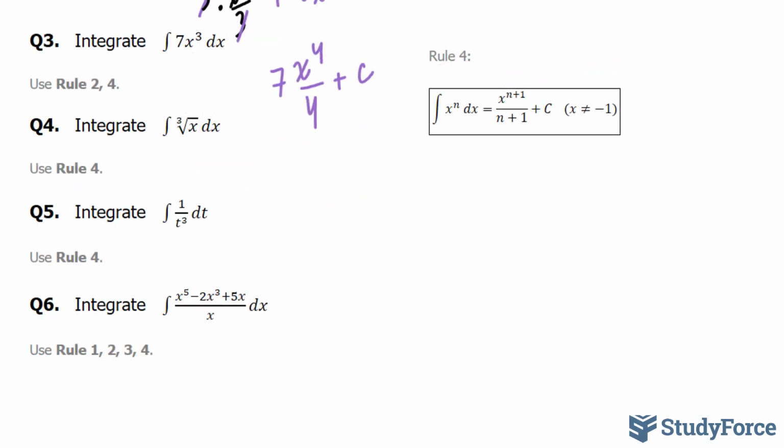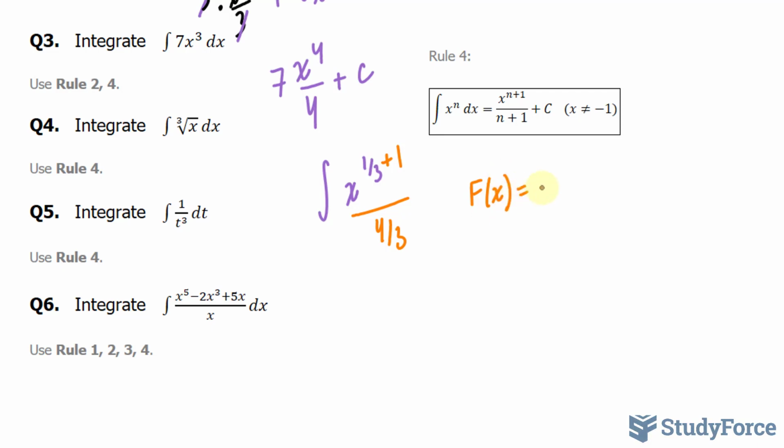In question 4, they ask us to integrate the cube root of x. I'm going to change this format from radical form to exponents with fractions. So instead of this third root of x, I'll write down the integral of x to the power of a third. I'll use rule 4, which tells me that I can add 1, and then whatever that is equal to, you divide the whole function by it. A third plus 1 is equal to 4 over 3. So our answer becomes